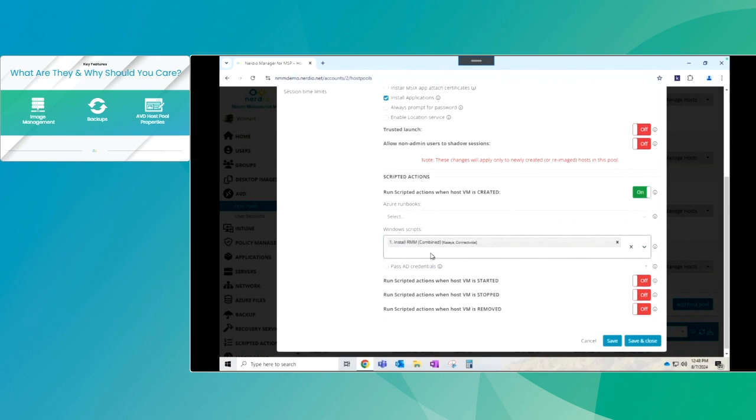Same thing can be said for your endpoint protection if you're using SentinelOne or Huntress or something like that. This is when you want to leverage the agent-based installs. You want to leverage this field right here to do that. Keep it off the image as much as you can help it, but put it in when that host pool gets deployed into AVD. You also have the ability to run scripted actions when a VM is started or stopped,